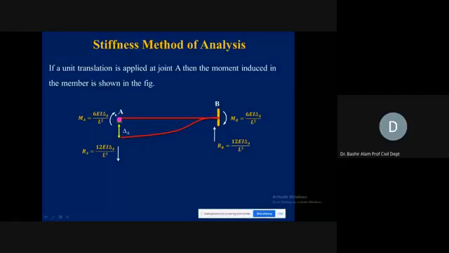What will be the magnitude? Because of the rotation, it was 4EI. Here it is 6EI delta divided by L square. Here it was 4EI theta A divided by L only, but here it is 6EI delta divided by L square. Again, you can prove this from the three-moment equation or from the conjugate beam. At the far end, it will,